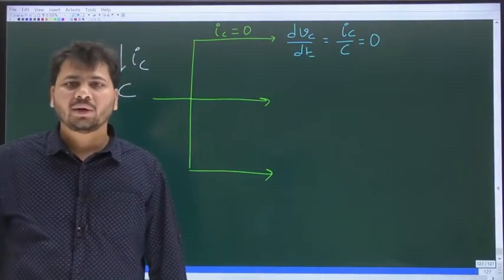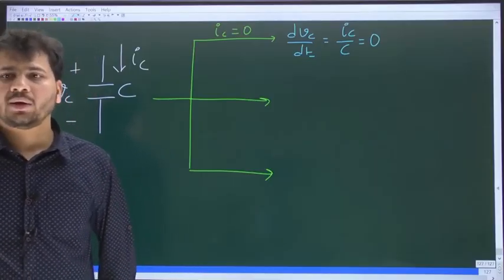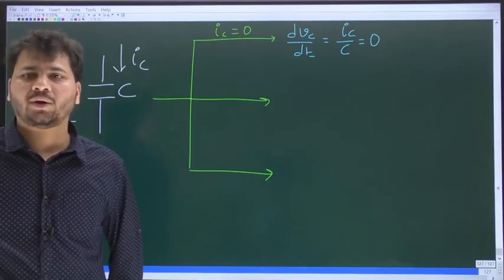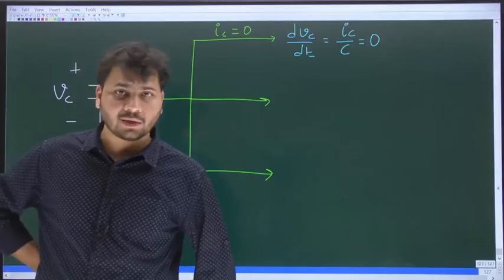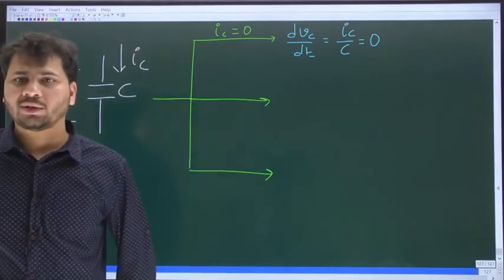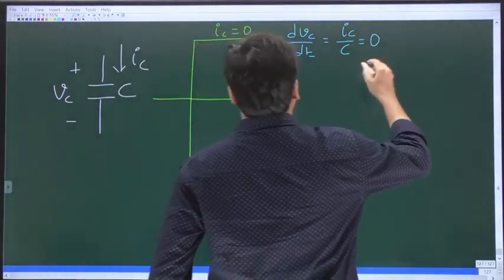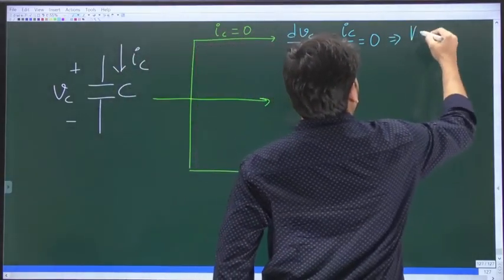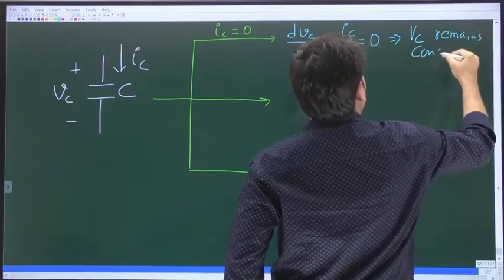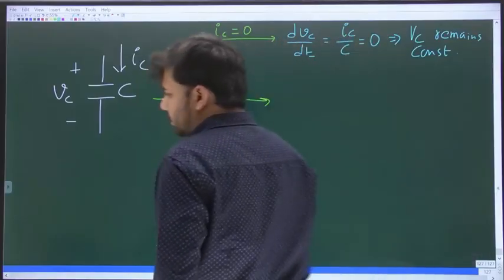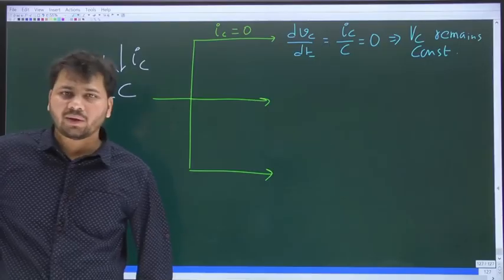What does it mean? Rate of change of voltage across the cap is 0. It means voltage is constant. If the rate of change of anything is 0, that thing is not changing with time. Very good. Vc remains constant. So whenever the current through any cap is